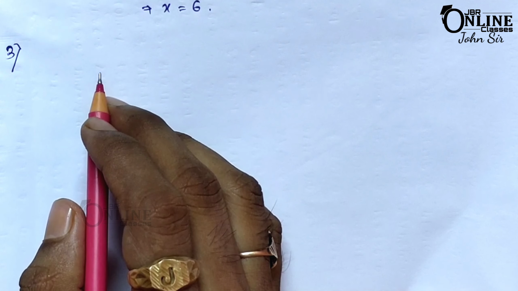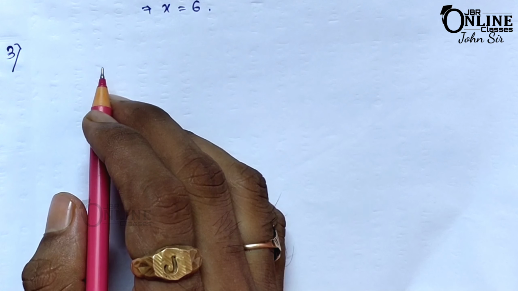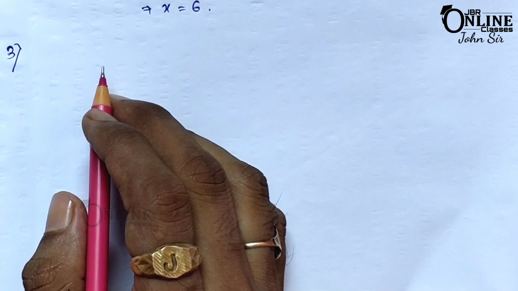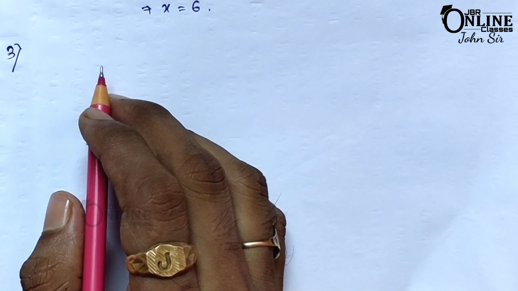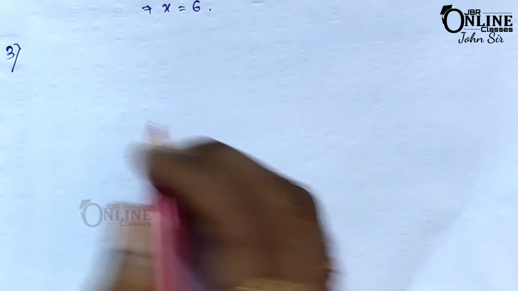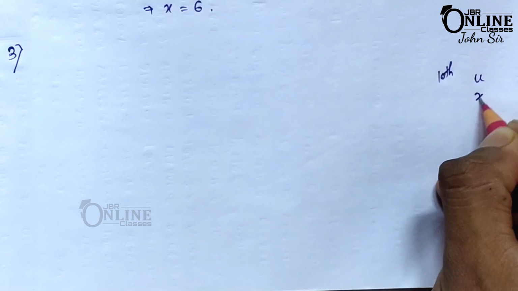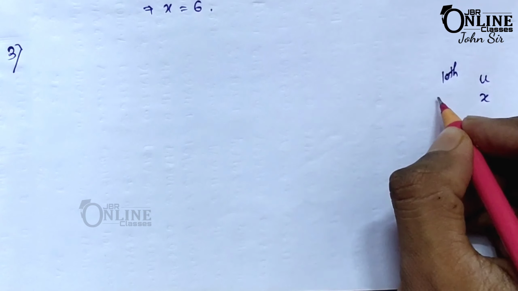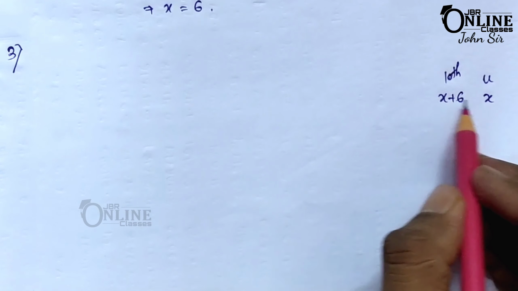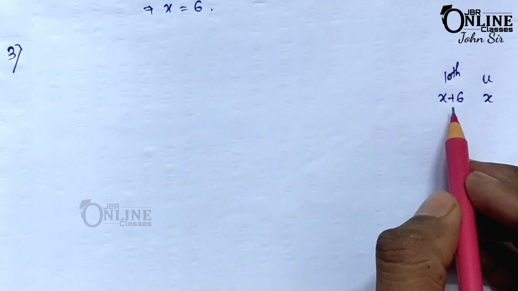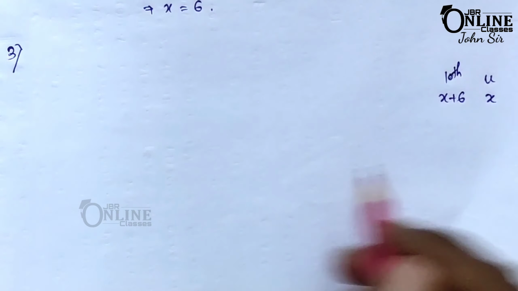Now sum number 3. So in sum number 3, the sum of a number of 2 digits and of the number formed by reversing the digit is 110. Okay, the difference of the digit is 6. Okay, so here unit and 10th place. So if here unit equal to x and the difference of the digit, so this one equal to x plus 6. Why x plus 6? As the difference of the two digit that equal to 6. So here if you x plus 6 minus x, it will be only 6. That means 6 is the difference.